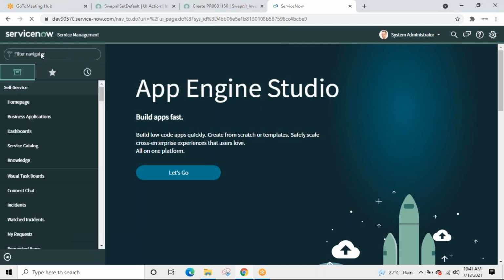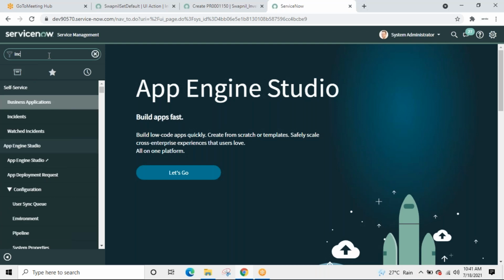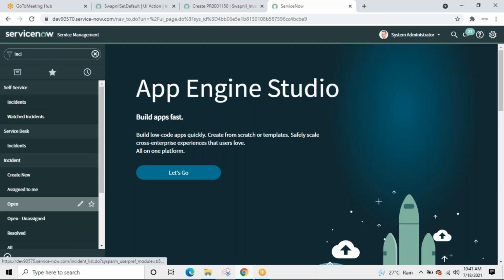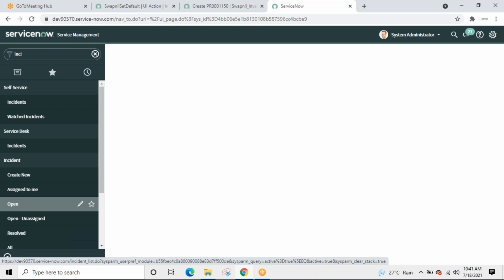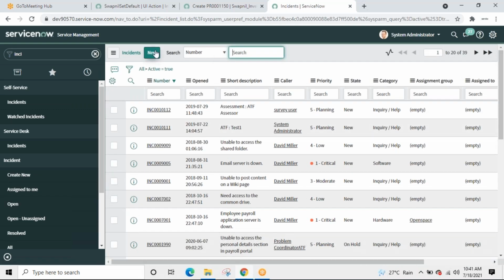So we have this thing. Incidents, open. What is the use case?